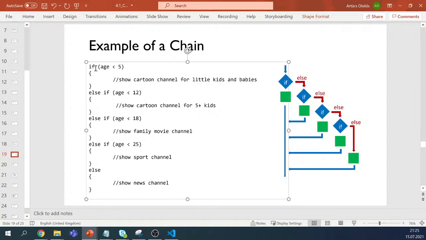Otherwise, it will not make sense, because if you have if, then else if, then else, and after that you write else if, it's not possible, because else means that all the cases above have failed. So we go from top to down, and else just means that all the cases above failed. If we have an if after else, that doesn't make sense. In theory you could, I mean, C# will not allow you,